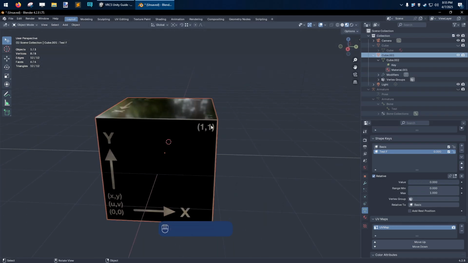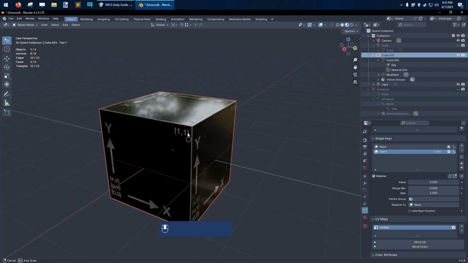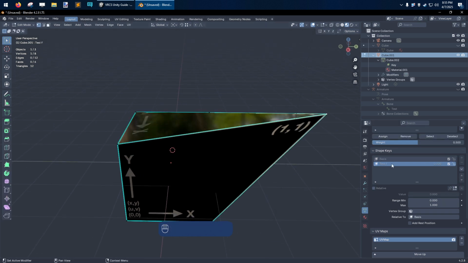Now, one thing that you shouldn't be using shape keys for is to drastically change the layout of a mesh. It's okay to use it for shape, which is kind of its name, shape key. But what I see a lot of people doing is like digigrade legs. They'll use a blend shape to change the legs into a digigrade, when you should be doing that with bones instead of trying to do it with a blend shape, because the vertices, the way that they're affected,